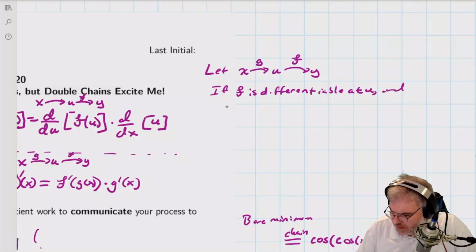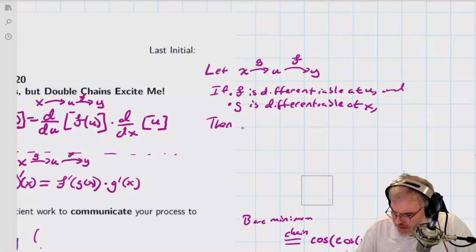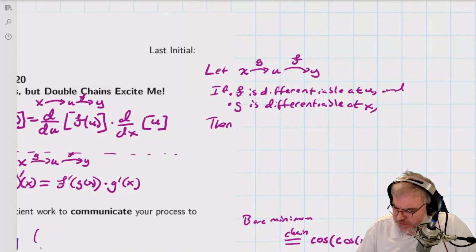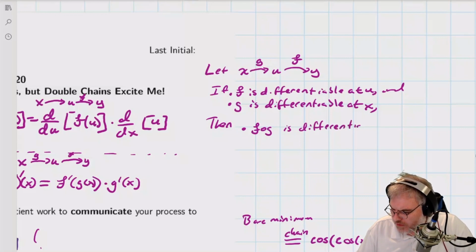And if g is differentiable at x, then, and I like to do it like this, then you can either do f circ g. This is kind of the way that the book does it. Then f circ g is differentiable at x, and